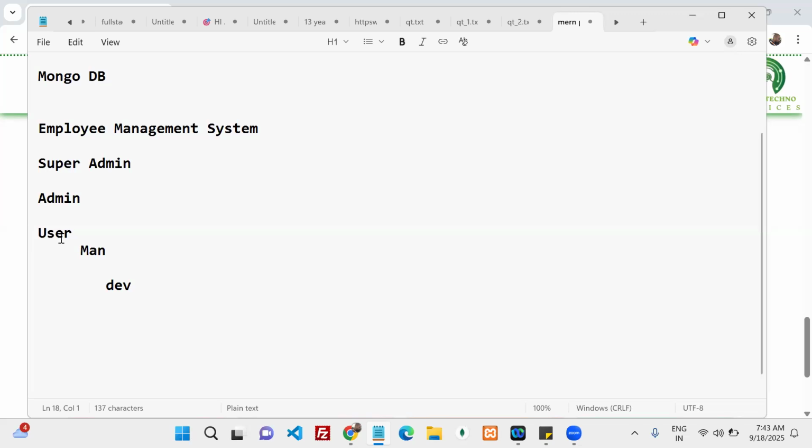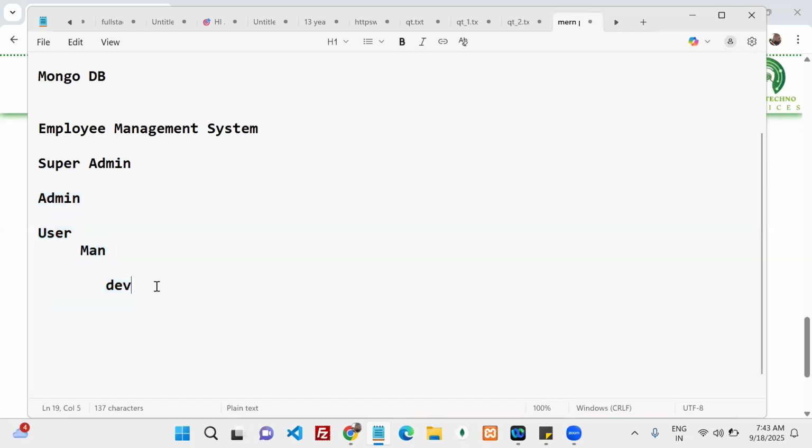Next one. The director, manager, and team lead all come under users only. We can differentiate in this particular application. There are three applications we are going to create. One is the super admin, used by the product owner. The next one is admins. There are multiple admins, and multiple organizations. Each and every organization is going to maintain their own application. We can give the application as a kind of white labeling.